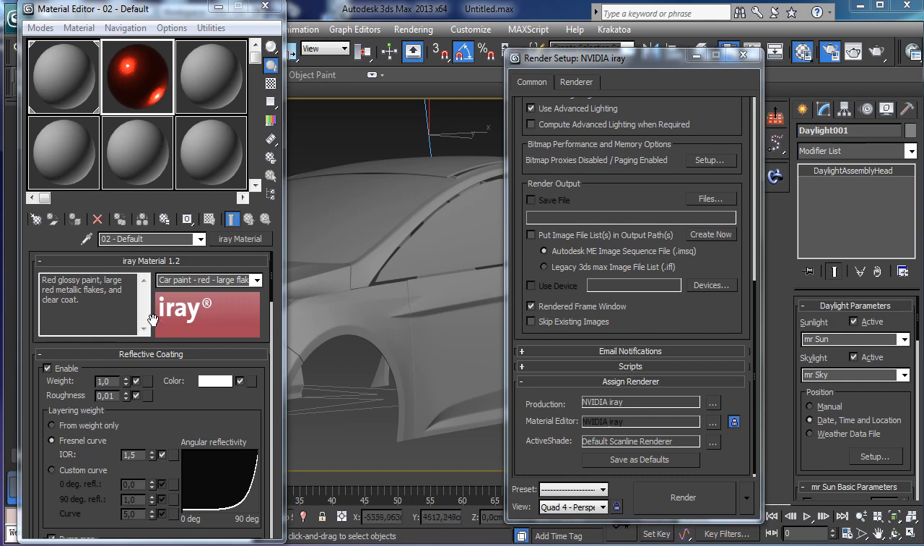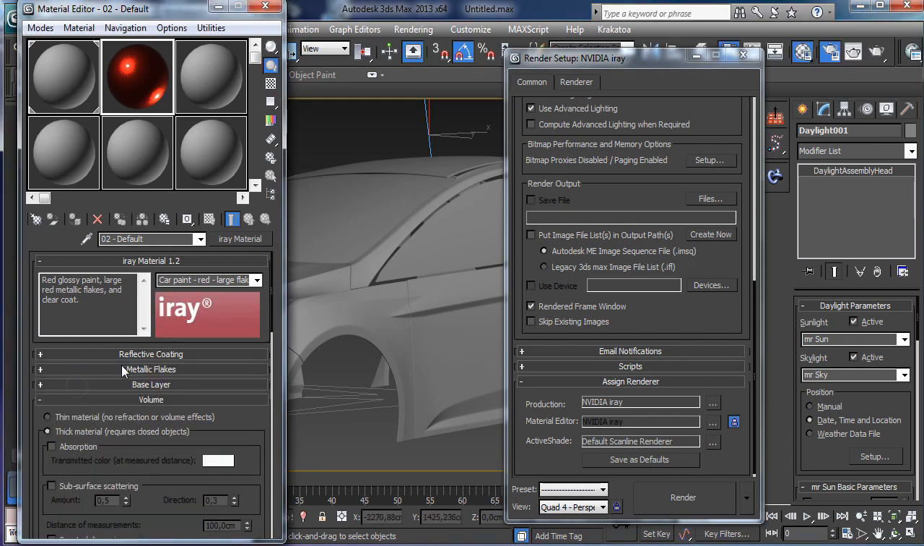The first layer, which is over all the properties for the shader, is the reflective coating. You can see inside the user interface that on the top you have the reflective coating, in the middle the metallic flakes, and at the bottom the base layer. So the first one, the reflective coating, is a layer that will be really useful to simulate